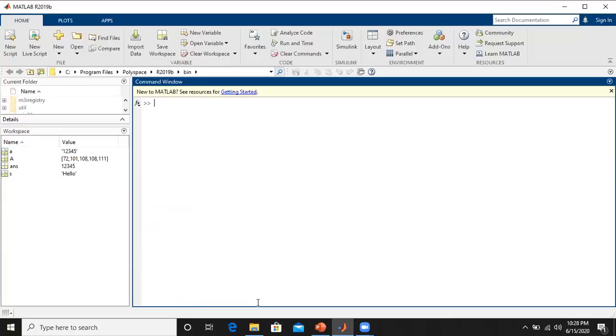Let us clear the screen, also the workspace. So clear all, and again clear the command window so that everything will be erased. The string concatenation can be done in two ways. One is horizontal concatenation and the other is vertical concatenation. In order to do that, they must satisfy the dimension criteria. And we have a string concatenation operation, the default one, which can concatenate the strings horizontally. Okay, so while trying to add the strings in the horizontal way, the string dimensions must match, as we have already told, and the number of rows must be equal.